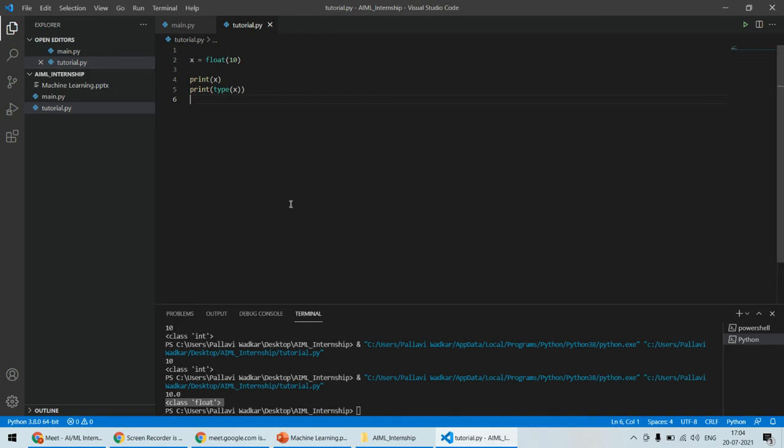Secondly, we can also specify the data type for a particular variable by using the int, float, string, or whatever keywords. And if you provide a floating point number and if you mention int and in brackets that floating point number,